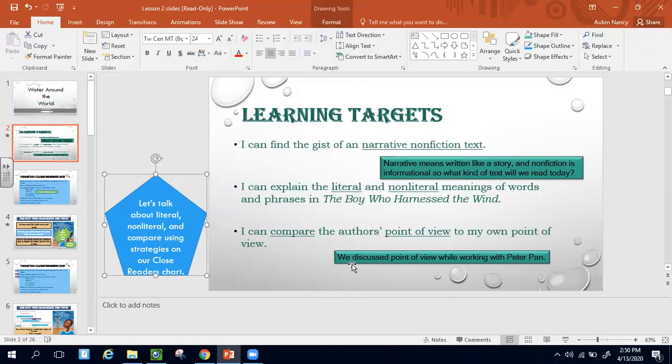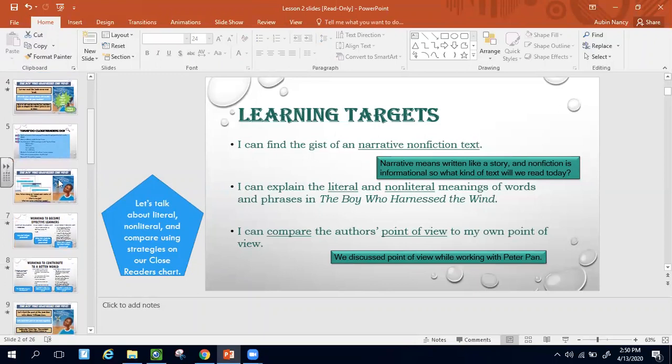We talked a lot about that when we were in the module with Peter Pan. How we view things is going to be different than how others view it because of our experiences and our background. So today, let's start with